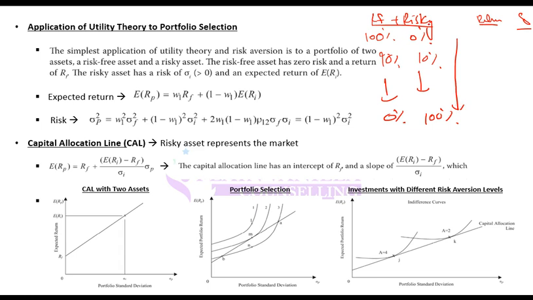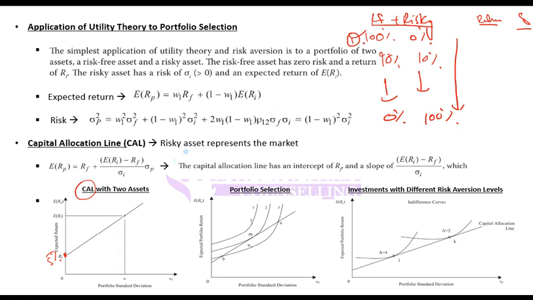Why? Because I am investing more in the risky asset. The standard deviation will keep going up, but I will make more return as well, because the return of the risky investment will be higher. So if I have to plot all the possible combinations, I can plot them using a line which is known as the capital allocation line. First I assume that I am investing everything in the risk-free asset. So if I make 100% investment in the risk-free asset, I will earn the risk-free rate of return. Let's say that is 5%.